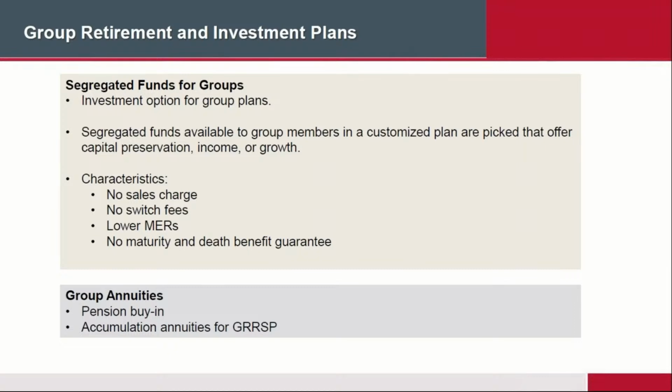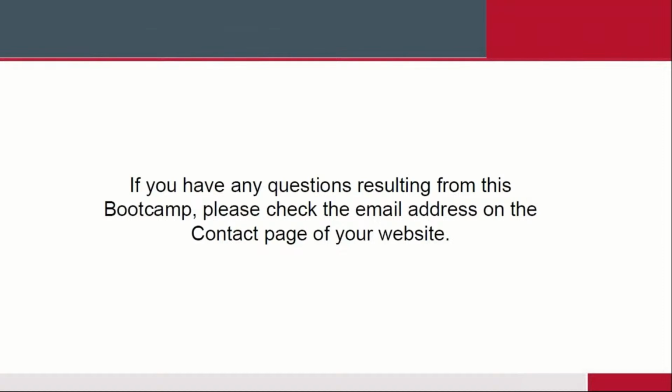Okay. You can also buy group annuities. So at the other end, for example, you're 65, you can use your defined contribution money to buy a pension plan for the rest of your life, or if you're using your group RSP money, you can also buy a group annuity. Once again, your employer can arrange with an insurance company to issue group annuities, and once again, your fees will be lower. Your investment returns may be a little bit higher because we've got a larger pool of employees putting all their money in. So therefore, you get what's called an economy of scale. So it is not a bad idea to do it that way as well.